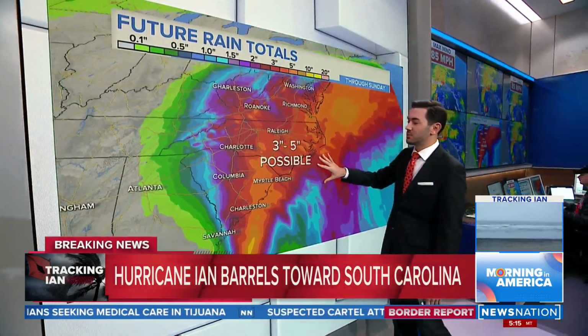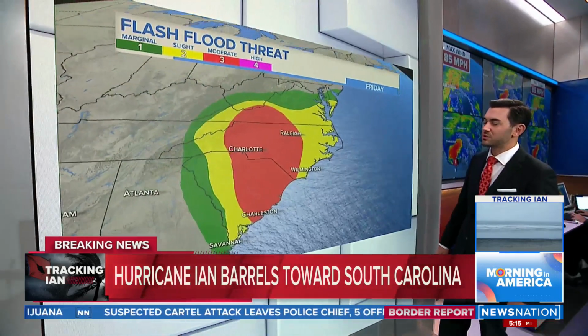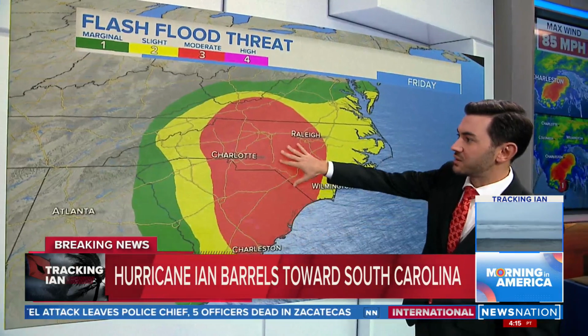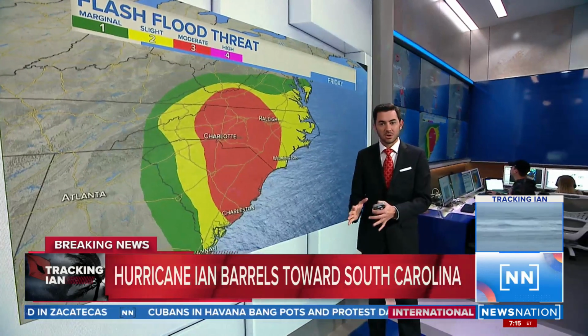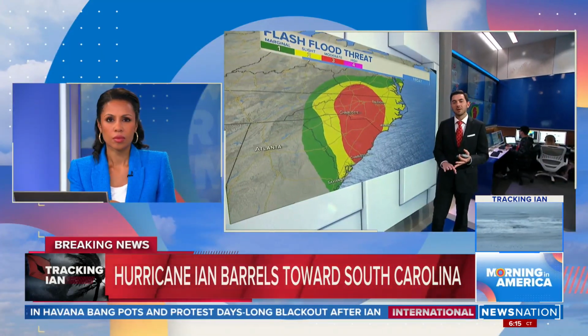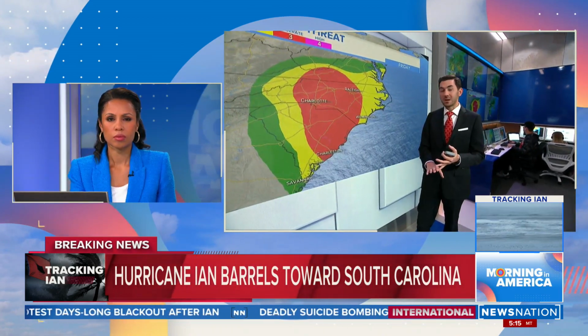3 to 5 inches of rain possible. There will be some spots of flooding here, and the flash flood risk is a level 3 out of 4 for mostly parts of eastern South Carolina, central North Carolina, parts of southern Virginia today. More impacts, but thankfully to a lesser degree. Mostly it's just the really susceptible folks along the coastline of the Carolinas that need to get out of the way of the water, of course, but the rest of them just need to stay put and let the wind